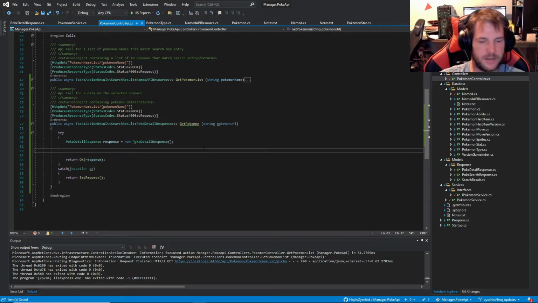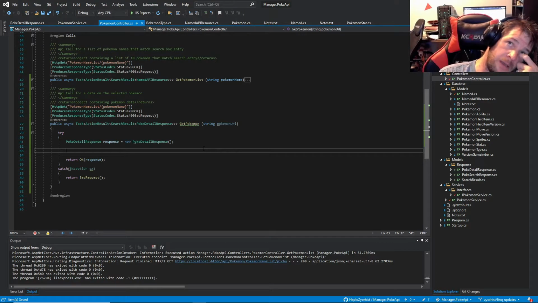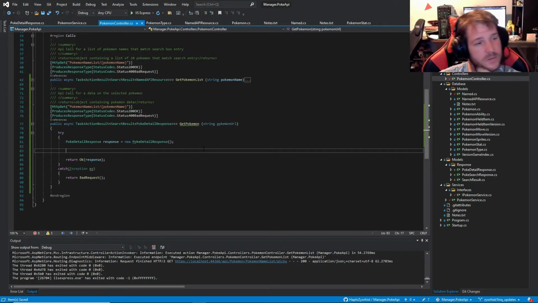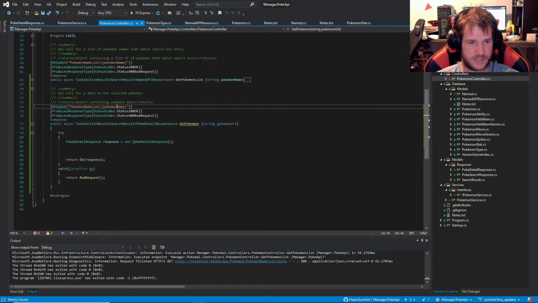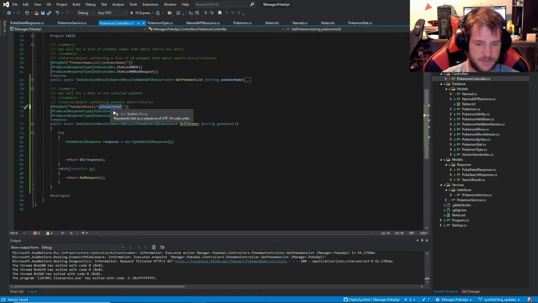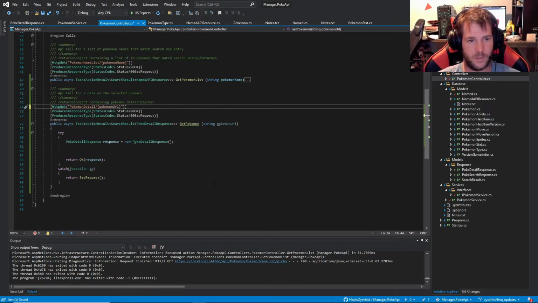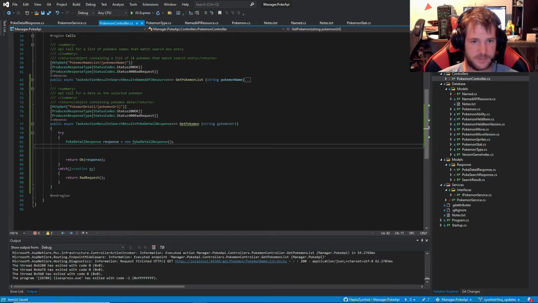Okay, so we're gonna get in our Pokemon URL. I don't think we'll need to verify anything, because we're intending for this to be a system that handles the input. As I said, we do need to change our path, so we're gonna change our path to, well, what are we getting? We're getting Pokemon details. Okay, and we're gonna pass in this Pokemon URL. Now we need to pass that Pokemon URL down to our service,